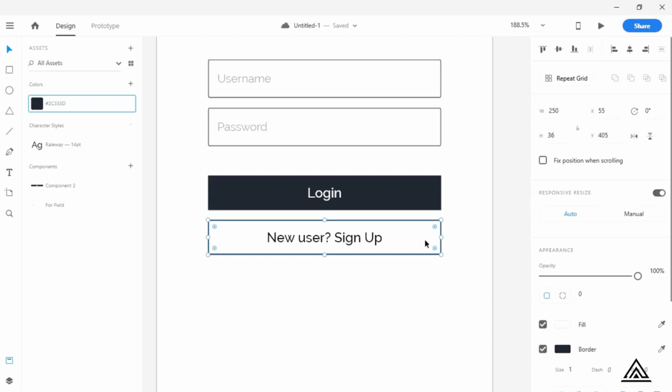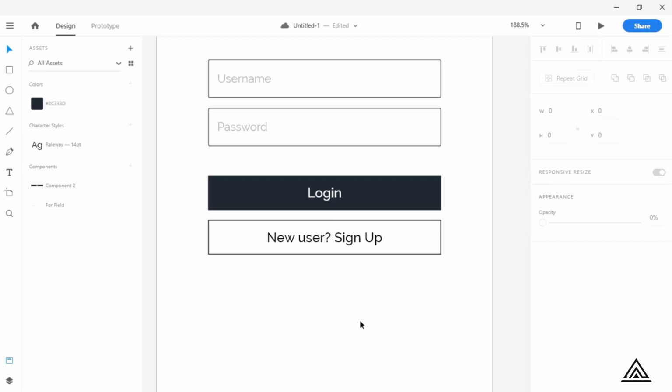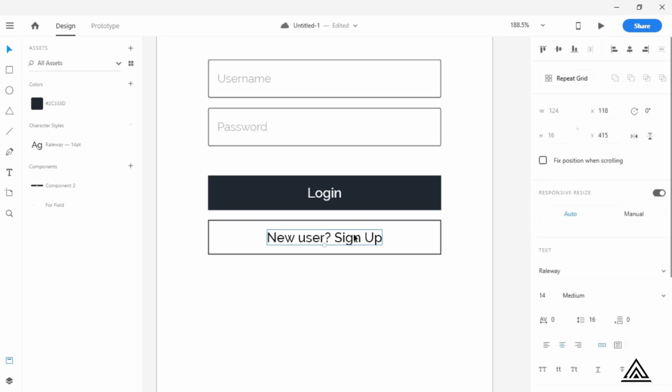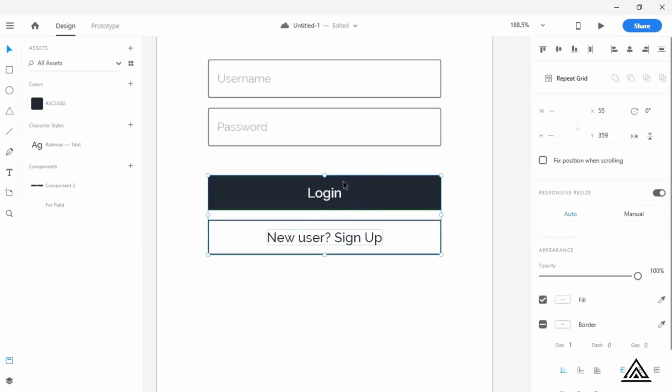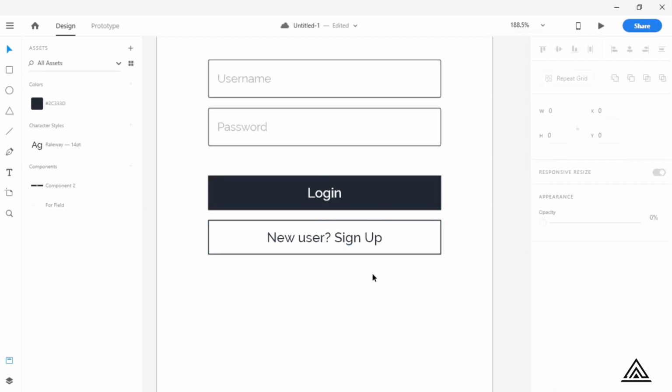So I right click on the color and hit on apply as border, and it only changes the border of the element. But for the text, I need the fill to change, so I select the text and hit on the color and it changes the fill. So now the color scheme for the button looks consistent, and this is going to be the secondary button style